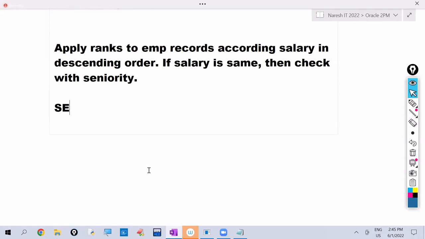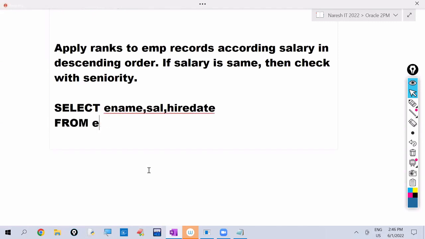So what we have to write is select ename, comma salary, comma hire date. From which table? Sorry. We want to apply ranks here. Using dense rank, we want to apply. So what are we using here? Dense rank. In this case, rank or dense rank, both give the same result. So dense rank over